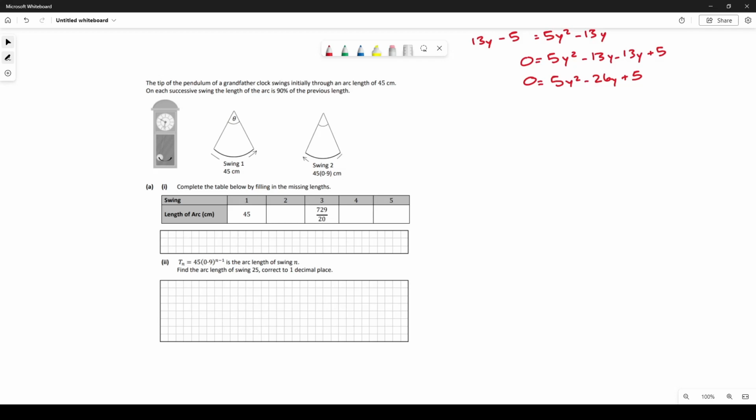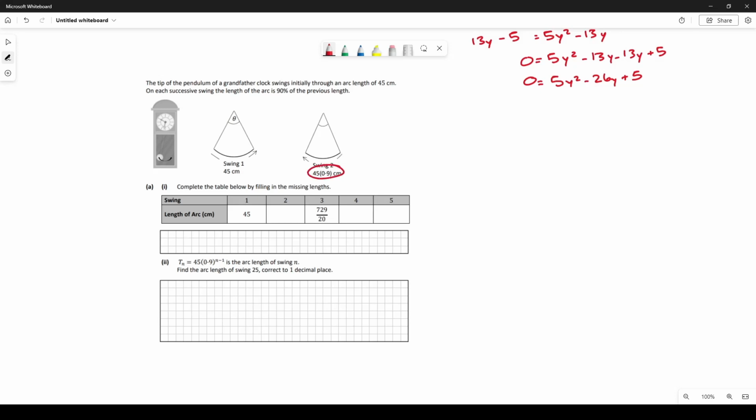But grandfather clock, none of you know what a clock looks like anymore because we live in the future. The pendulum is this boy down here, alright? Hopefully the arrow has signified that to you. The pendulum of a grandfather clock swings initially through an arc length of 45 centimeters, as in the length around this curve. I know I haven't made it look too much like a curve, but the length around this curve is 45 centimeters. On each successive swing, the length of the arc is 90% of the previous length,